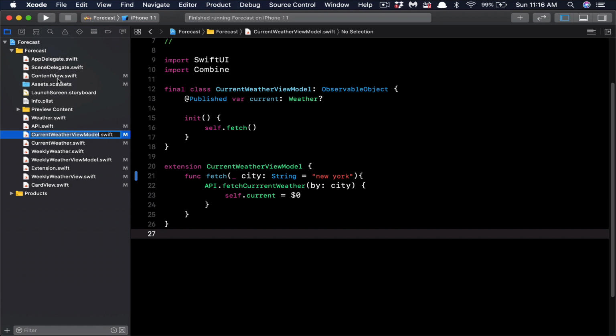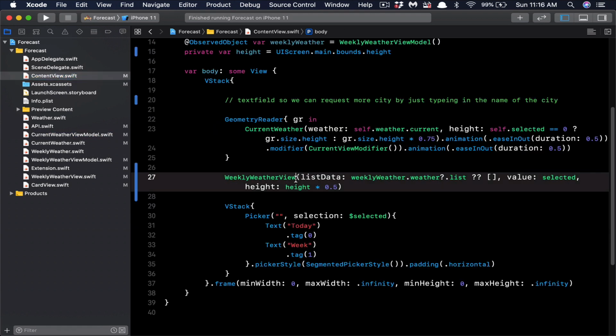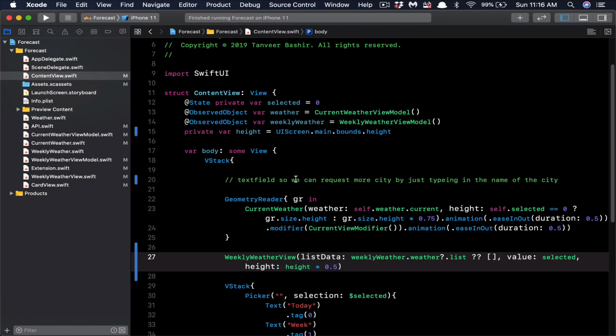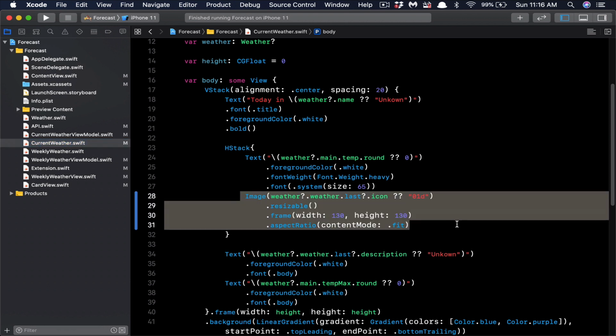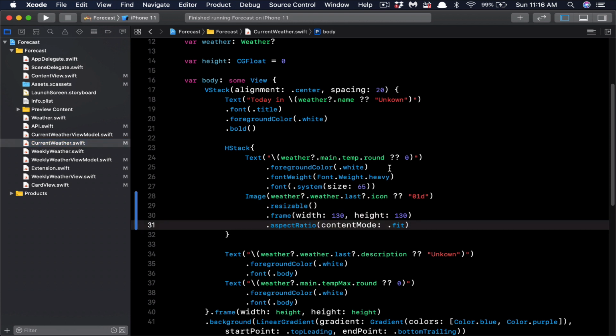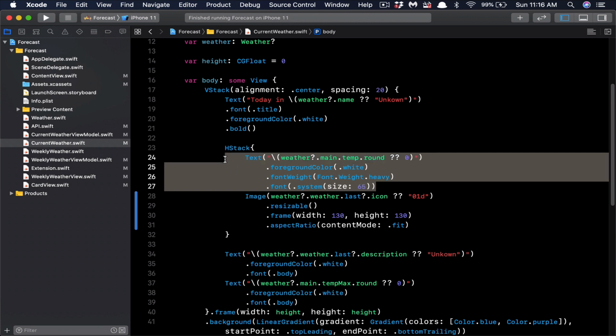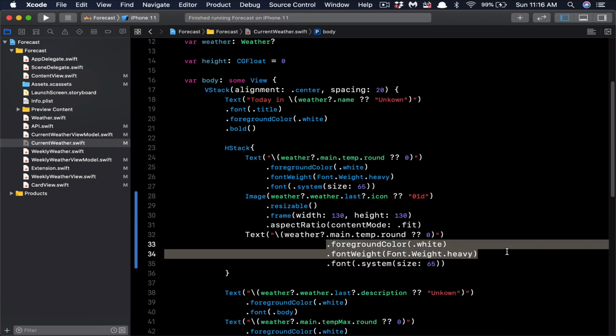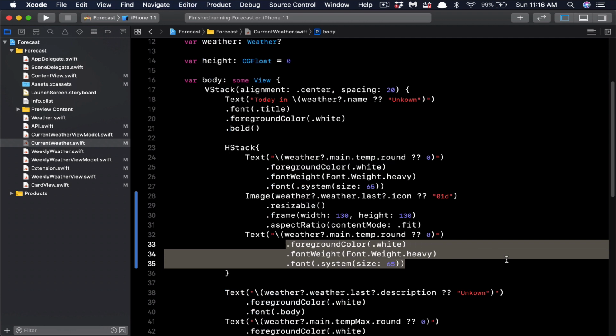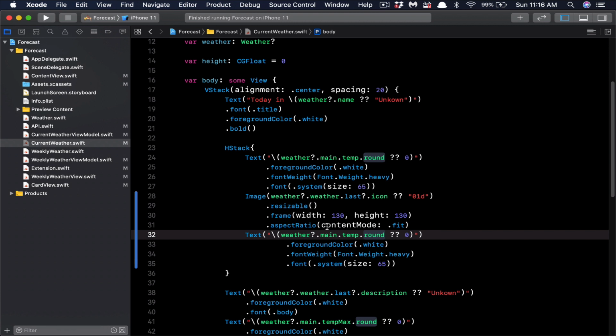Now, what we did here, we did the current weather, we put the icon, right? Where is the current weather view? Right here. So we just added this icon right here. We resized it. Now I want to add this at the bottom. Just copy and paste for the sake of time. What I'm going to say here is I want,